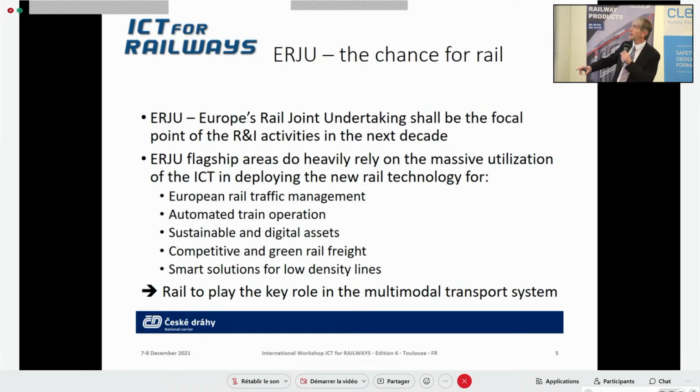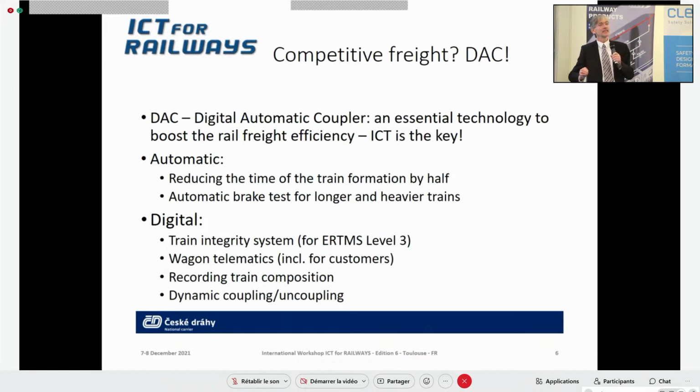I will have two last slides, but they are essential. Because, as we mentioned, it doesn't come as a surprise, if we talk about competitiveness, we have two big issues. First, we are not competitive as rail freight. We are losing dramatically. If you follow the statistics, it has stabilized in recent years, but we now have the problem of changing volumes with regard to bulk cargo, because coal is less and less transported, petrol will be less and less transported, we'll be losing the market, we have to switch to intermodal. So there is a lot of challenge that we have to cope with, and one of the solutions